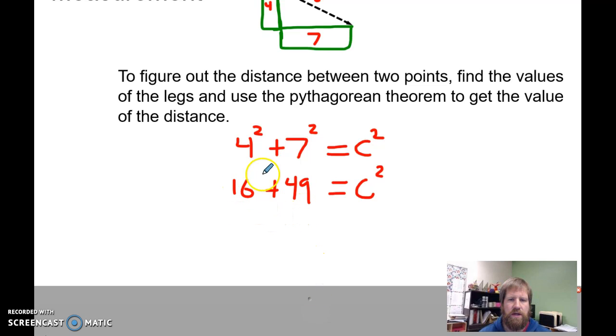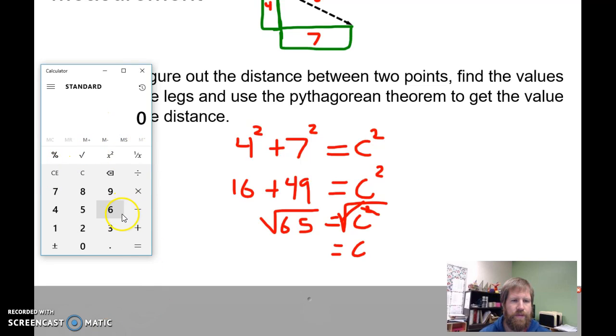16 plus 49 is going to be 65. 65 is equal to c squared. And I know this isn't a clean square, right? It's not a perfect square. So when I take the square root of both sides and cancel those out, c is going to equal the square root of 65. But if I need to approximate it, I would grab my calculator and go square root